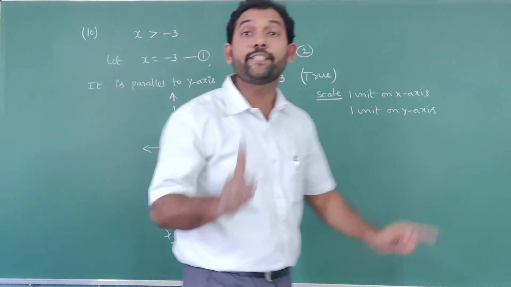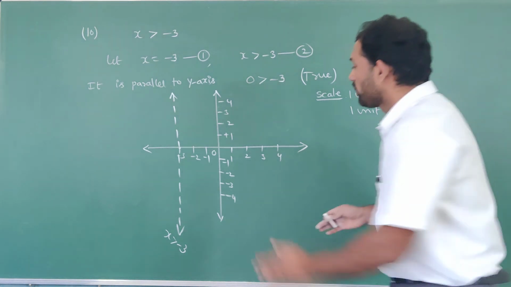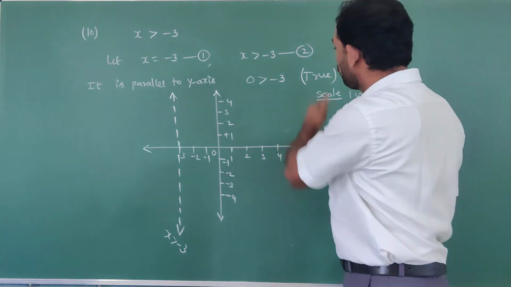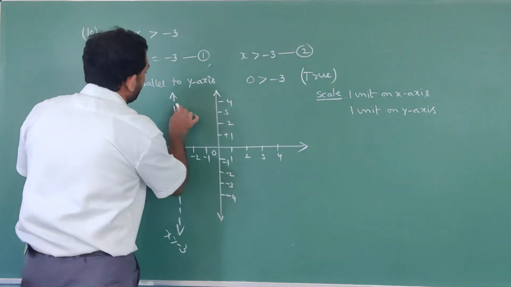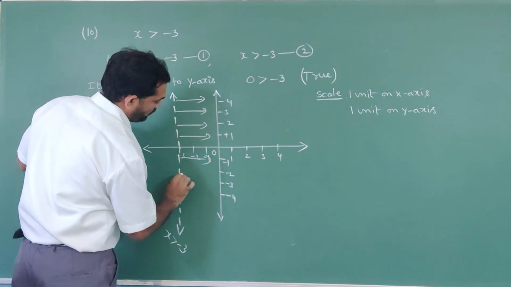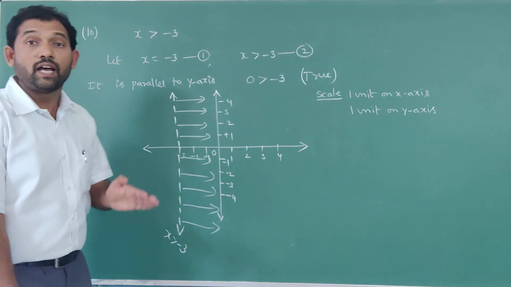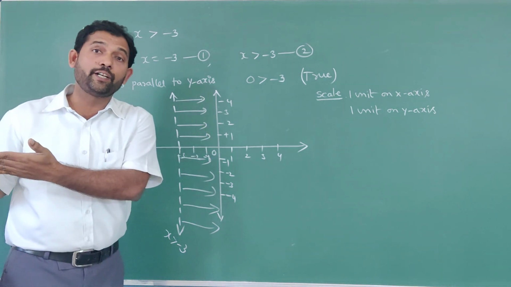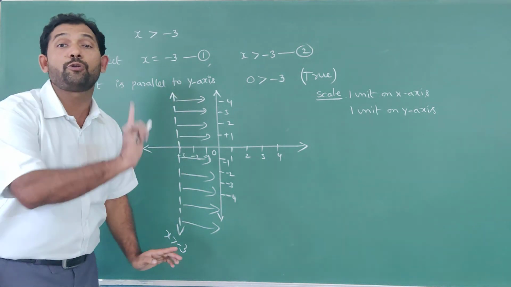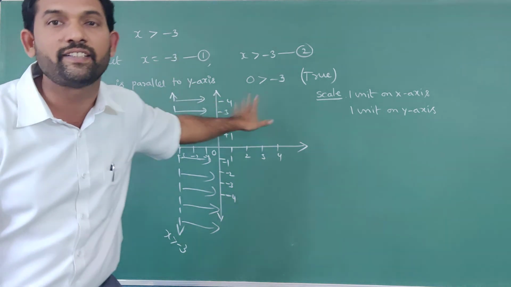So after that, is it true or false? True. True means where we have to shade? This is the origin side. This is other than the origin side. It is true, so on the origin side we have to shade. Put an arrow mark or shade it, that is your choice. Shade according to your material or your textbook. Otherwise show an arrow mark. Arrow mark showing means the solution set is present on that side.